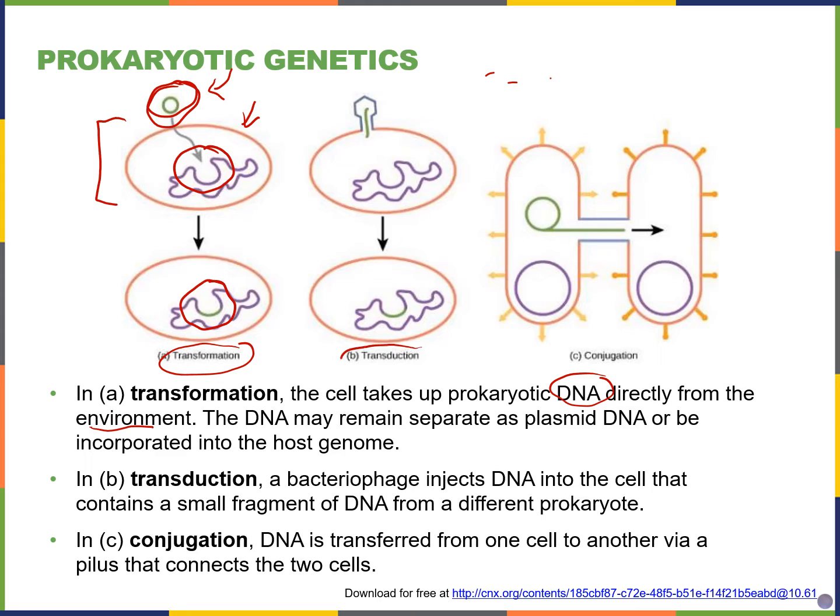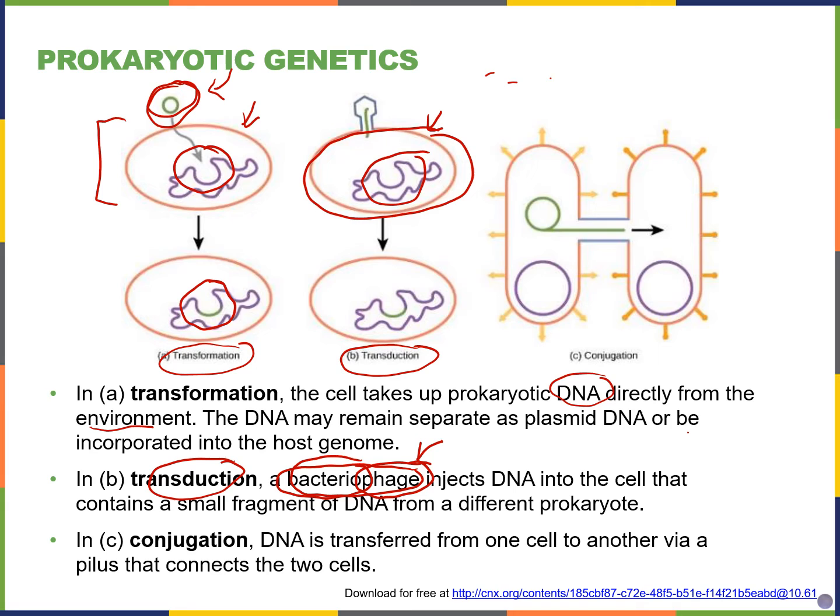The second one is transduction. Transduction requires bacteriophage. So a phage is a virus, and bacteriophage are viruses that specifically infect bacteria. So bacteriophage do not, for example, infect human cells. Here I have a bacterium. This is the bacterial cell with its chromosome. And here is the bacteriophage. The bacteriophage will bind to specific receptors found on the bacterial cell, and inject its viral DNA